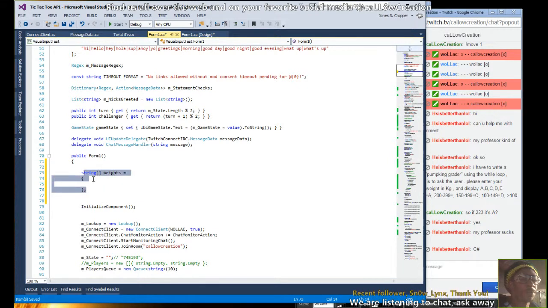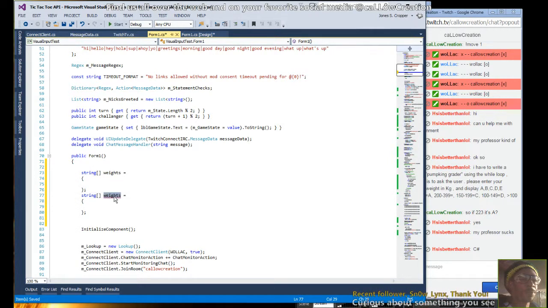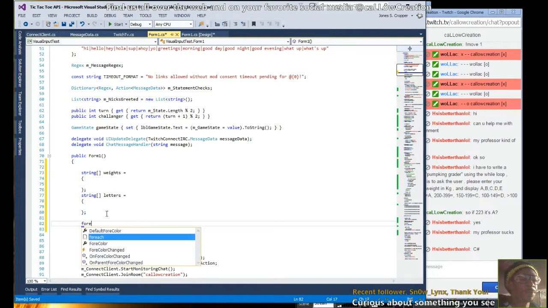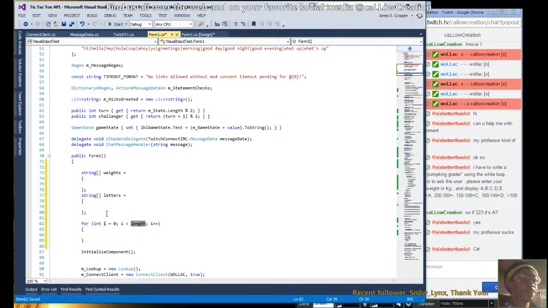Doing it this way, you'd have to create two arrays. You'd have to create one for the weights and one for the letters, let's say. And you have to do matching back and forth. So if they enter in a value between there and there, then you'd have to check the weights and see which index the weight is at. For instance, okay, for i equals 1 in weights dot length, and then you iterate through that loop. So iterating through that loop, you'll check the weight. So if the weight,